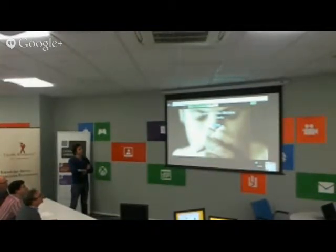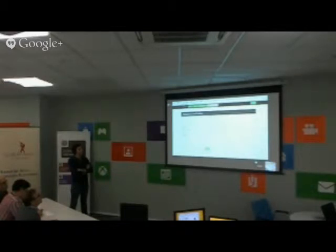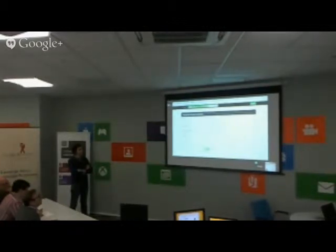So here are 3 buttons. One of them is called fundraise. So I'm going to click on this button and tell the site that I want to create my own fundraiser. So this email is the email that's going to be used to create the wallet on Coinbase.com. Okay, so whenever you create a fundraiser, the merchant account is created on Coinbase,